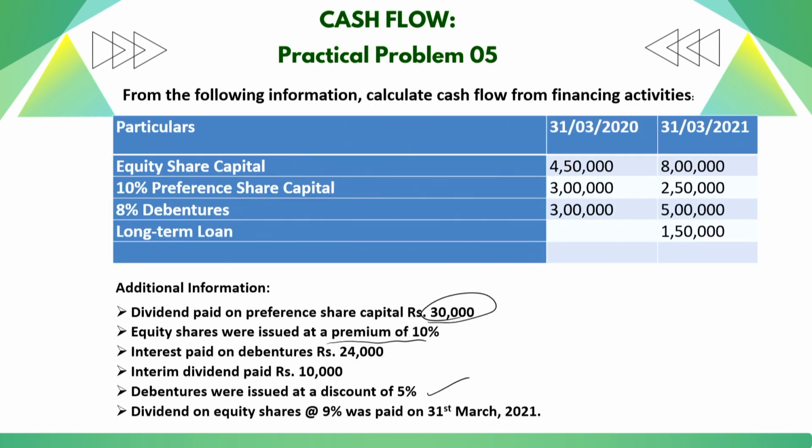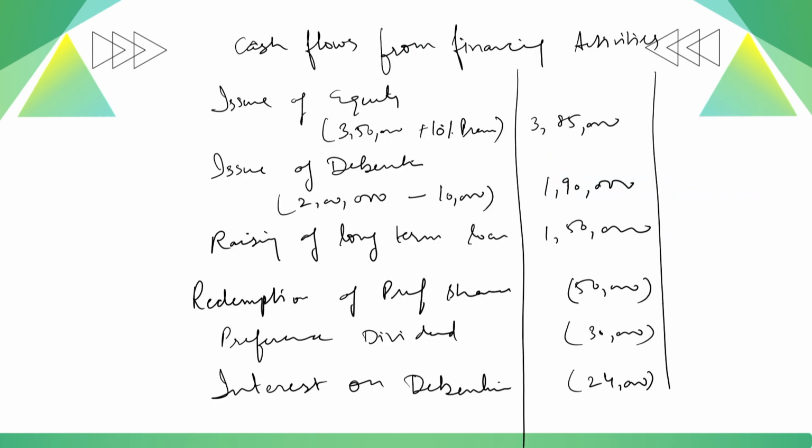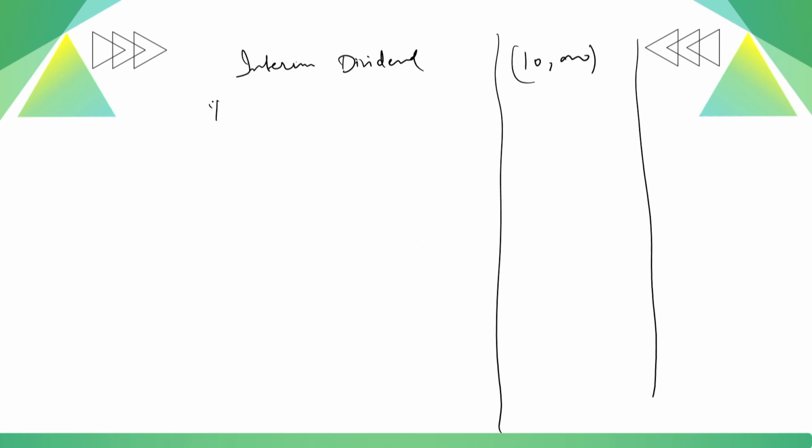And dividend on equity is paid 9%, which comes to rupees 72,000, 9% of 8 lakh rupees. Dividend on equity 9% of 8 lakhs